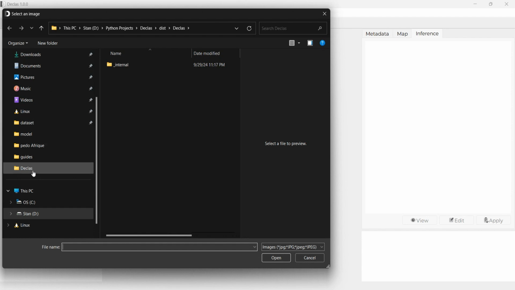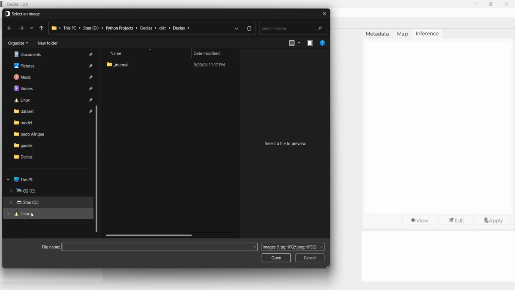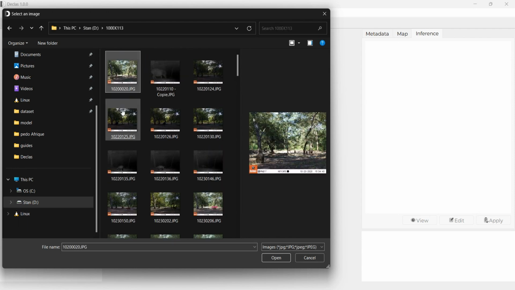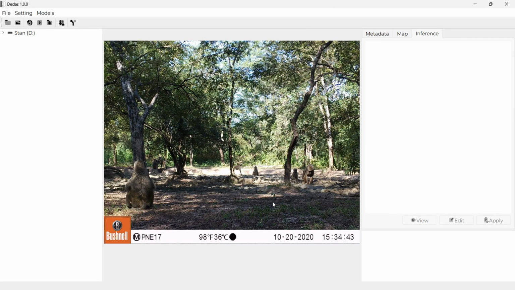I have some images I got from a colleague, Rudy Sali, from Cameroon. So I come here on this disk, and I can select, for example, this first one. I have my image here.